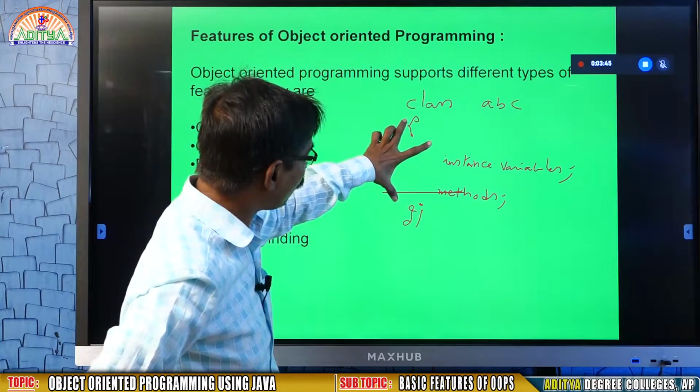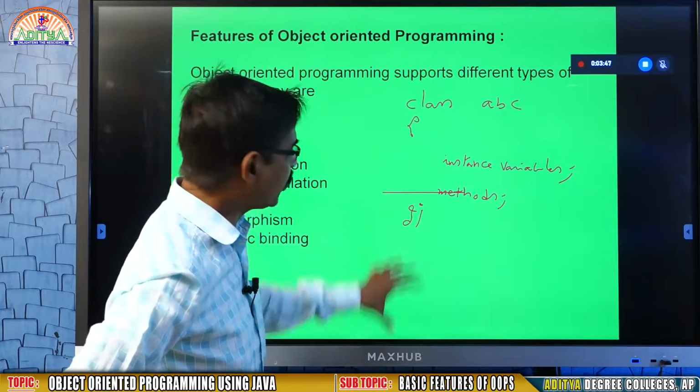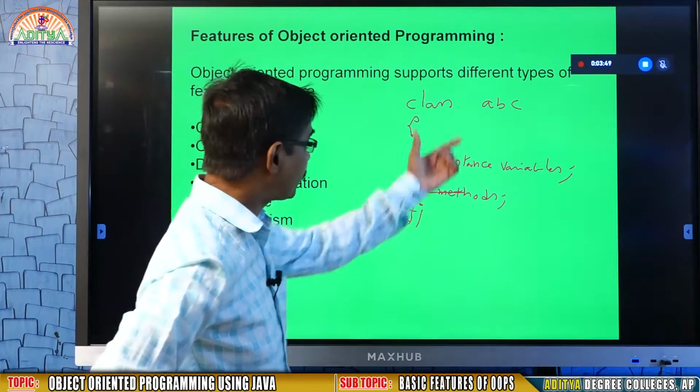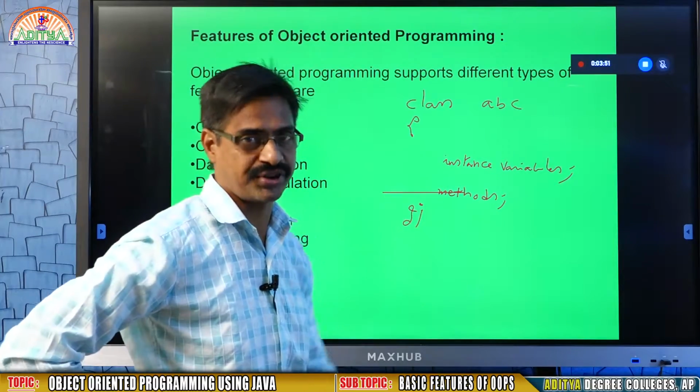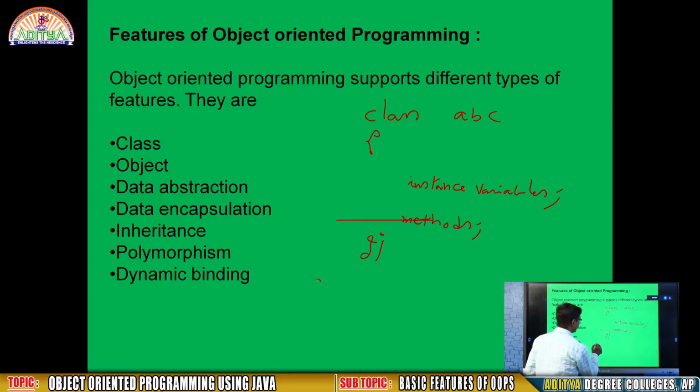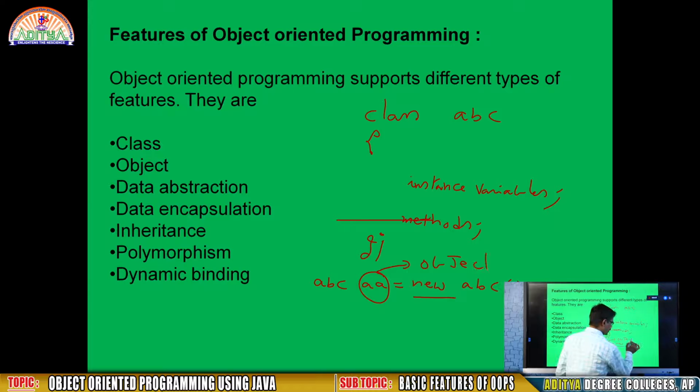Whenever you want to operate this class, whenever you want to run this class, from this class you are going to create an object. So, ABC AA equal to new ABC. For creating an object, what do you require? The new operator, in small letters. This is called an object. Of course, we say this is called an object reference, but at this moment this is sufficient. AA is an object.